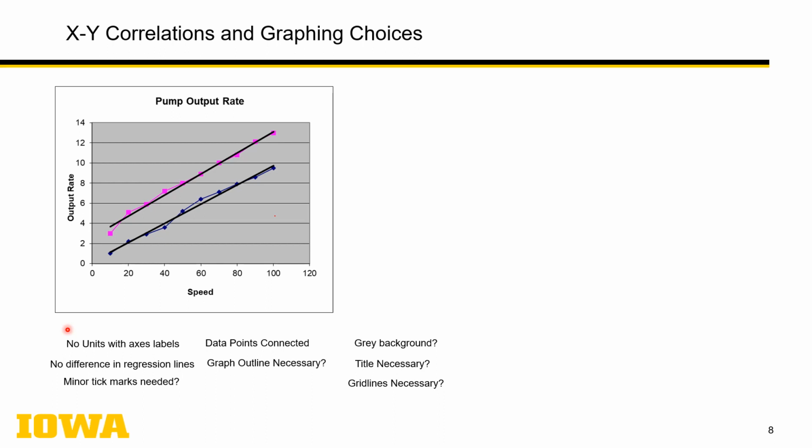Is the graph outline necessary? That's the big box around the outside. Again, maybe, maybe not. Most cases, not. And then are the grid lines necessary? So all these questions, just to know that the options exist, and feel free to make adjustments as necessary. For example,